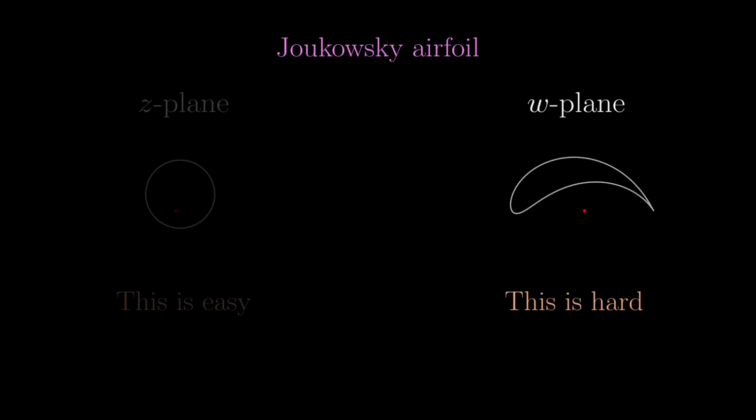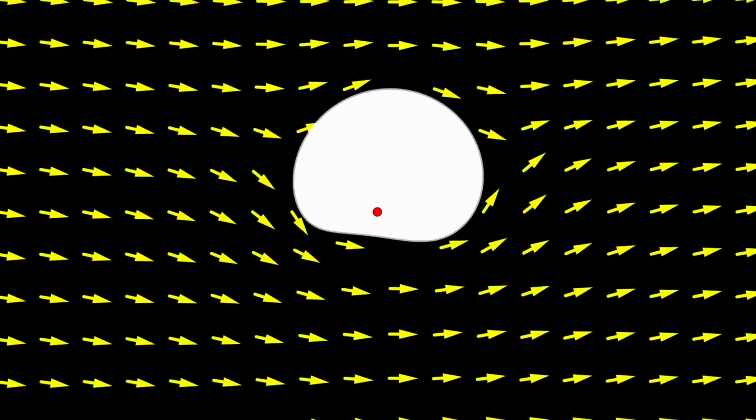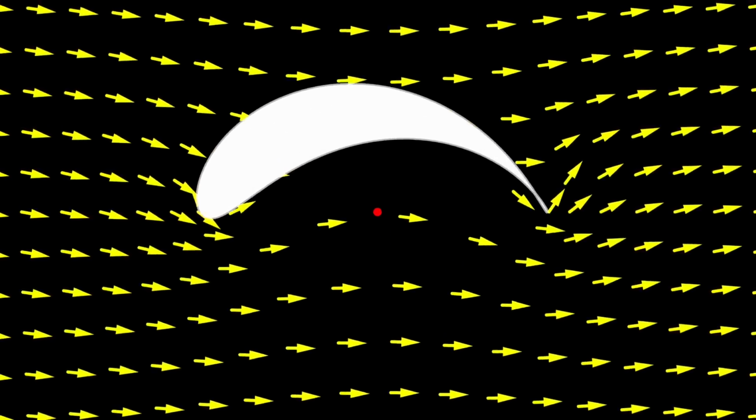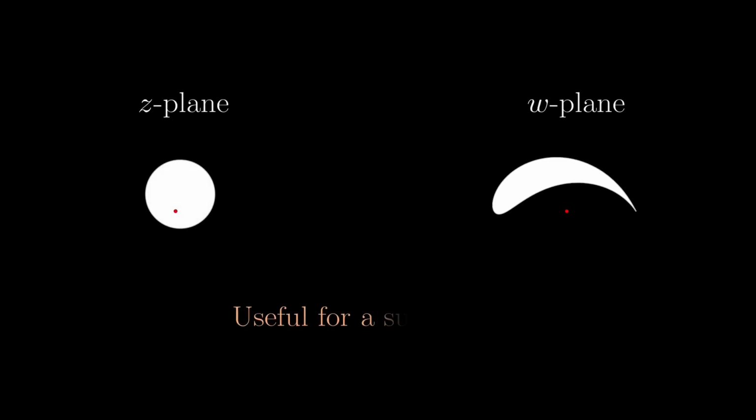More specifically, given a circle, the potential flow around it is a standard problem in fluid dynamics, and we can apply the Zhukovsky transform to find the fluid flow around the airfoil, which is a complicated shape. That's probably too much of a tangent, but my point is that Z and W planes are both useful when we want to see the image of a subset of a plane, and we get to the final way of visualization.